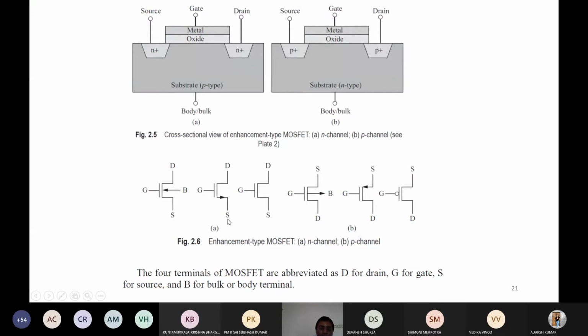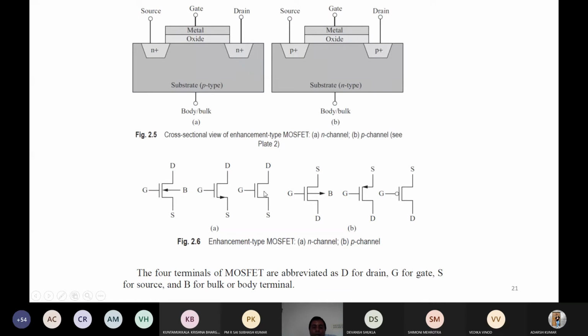And also we should understand what the symbols of these transistors are. In figure A there are 3 symbols, 1, 2, 3. This is the symbol showing the body of the n channel MOSFET, and the arrow is going inside. This is gate, this is drain, this is source. Sometimes it is shown this way, where the body is not shown, only a 3 terminal device. In that case the source is shown here, and some arrow is coming out, and drain is shown here, gate is shown here. Also sometimes to make it simple, no arrow is shown, and drain, source, gate are denoted in this way.